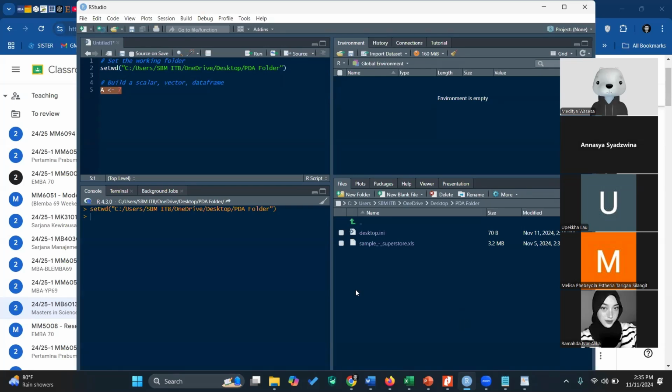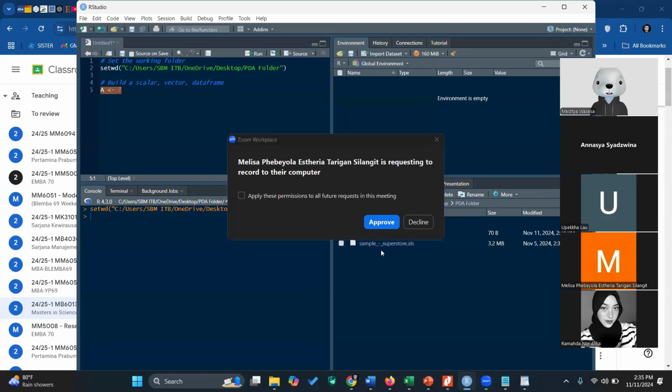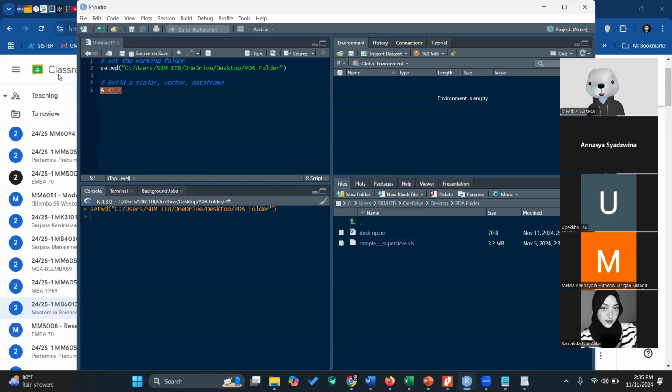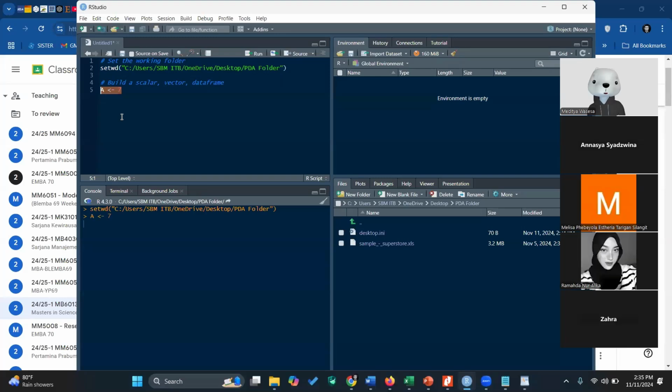If I highlight the code and press Control Enter, you can see that A with the value of 7 is being stored in the working memory.